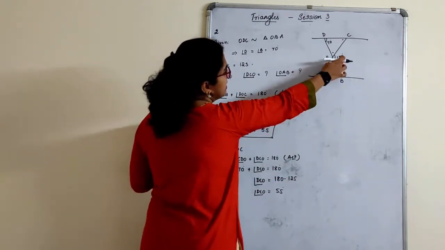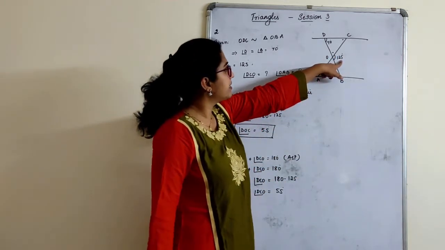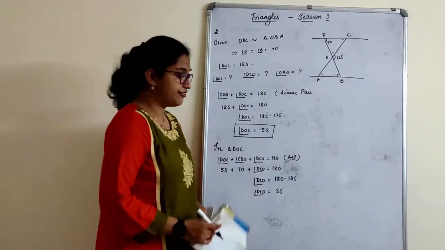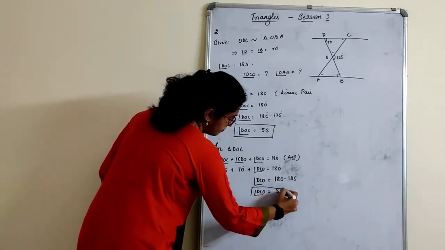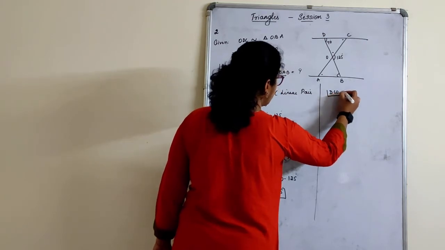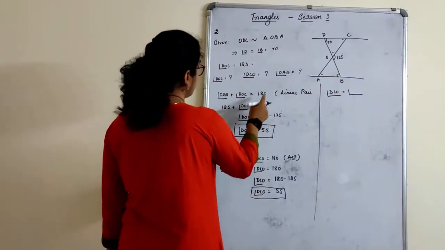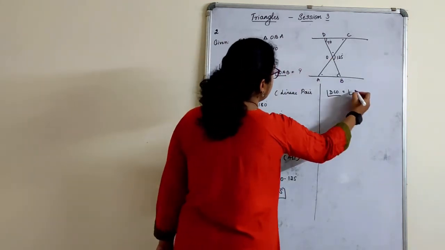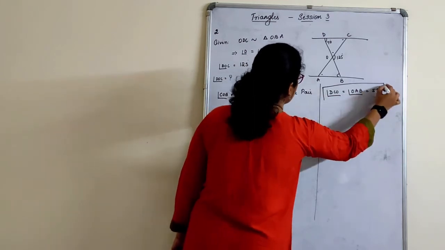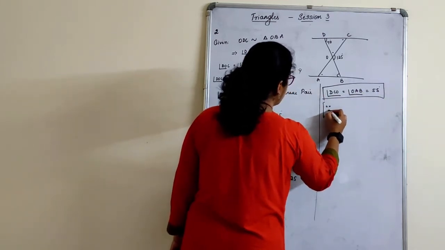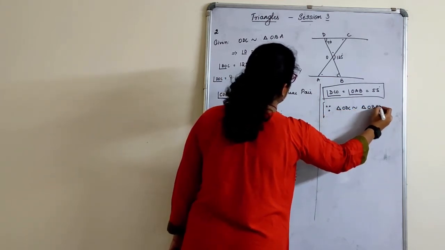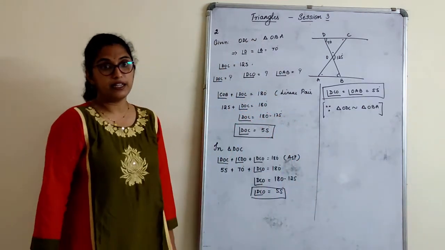Or simply, it is an exterior angle, you can say. Exterior angle is equal to the sum of two opposite interior angles, also can be found out. Same rule. You will get 55 degrees here. Angle DCO is equal to angle, what we have to find? OAB, that is equal to 55. Reason? Because triangle ODC is similar to triangle OBA. Finished. We finished finding all the angles.